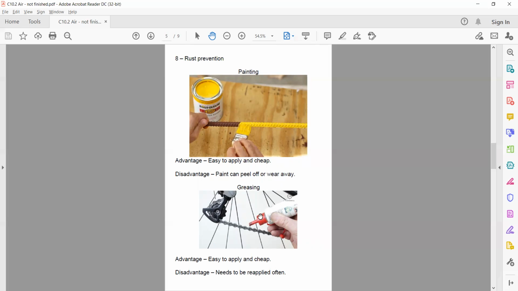That's the problem. Cool. And then for those of you that have a bicycle, for example, you know that you put grease or you oil your chain or you put some kind of lubricant on top of the chain, and that prevents the rusting. But what's the problem with that?